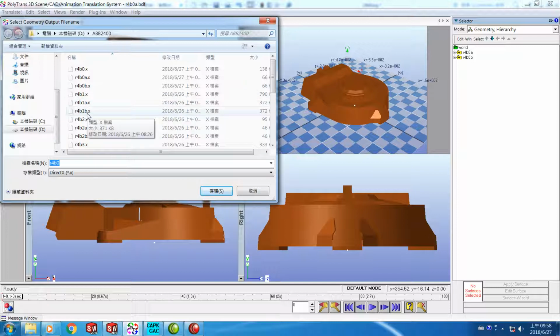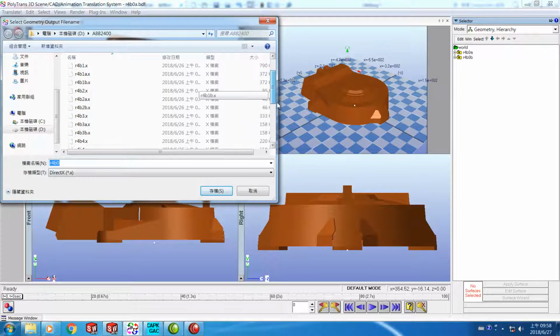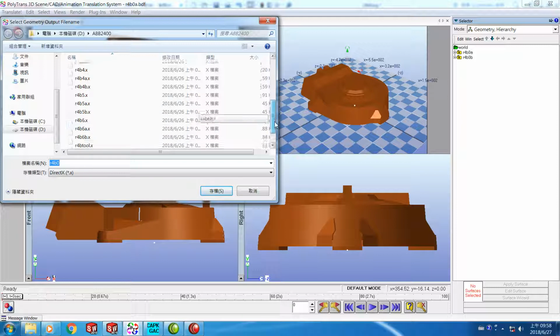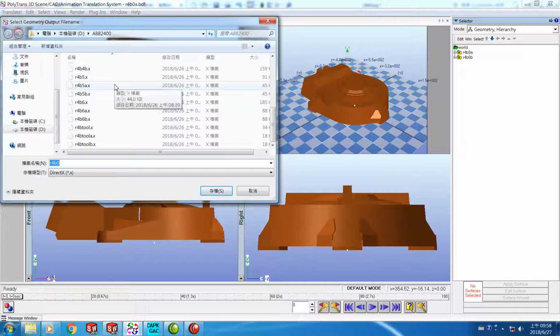By the same way, we can get R4B2.x, R4B3.x, R4B4.x, R4B5.x, R4B6.x, and the last one, the tool, R4B.x. After these 7 IGS files are translated into X files,